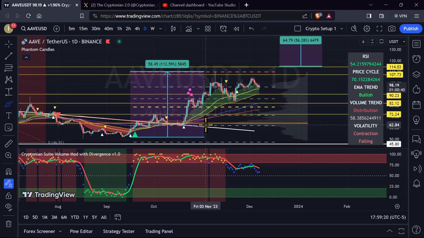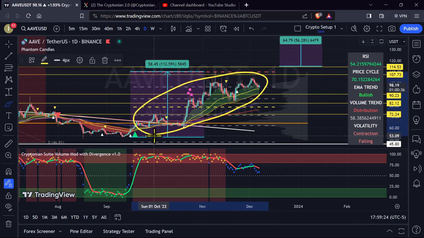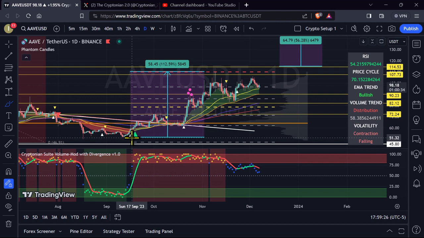This is AAVE on the daily chart. We can see that AAVE has been in a strong uptrend, and that uptrend actually started down here at support. I was making a video down here in this area, and this is where I actually entered a position. And so that being said, since this candle right here,